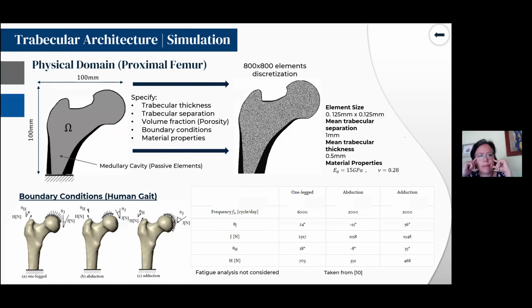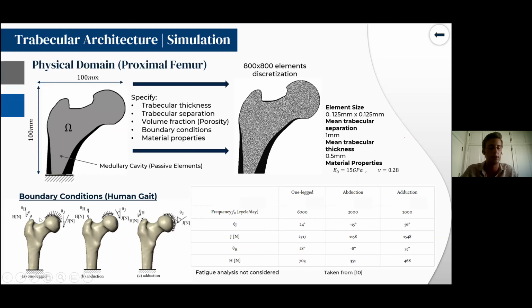So here we have a simulation example. I decided to use the example of a human femur, a cross-section of a human femur, such that we can simplify this problem to 2 dimensions before we move on to 3 dimensions. We have a cross-section of a femur with dimensions 100 millimeters by 100 millimeters. We specify all these details that I've been discussing earlier, the trabecular thickness, separation, volume fraction,